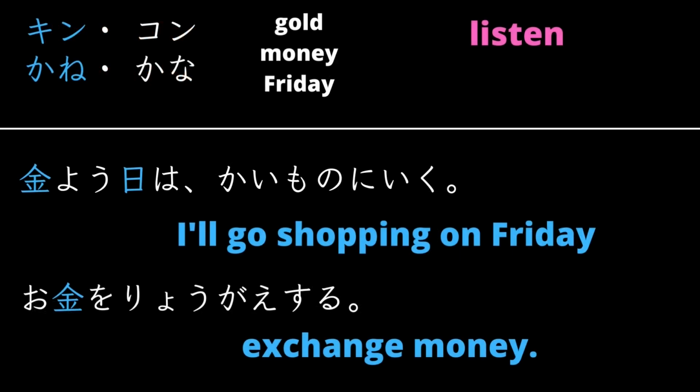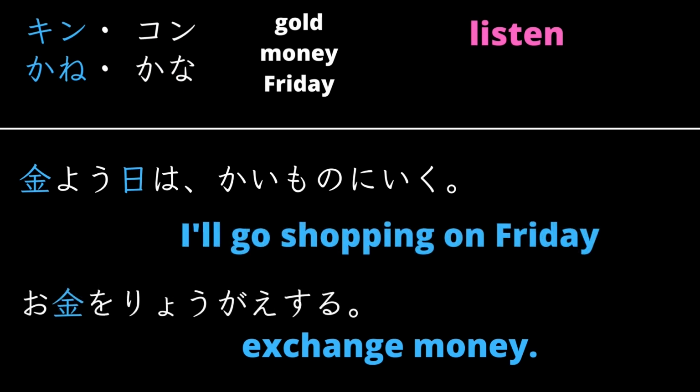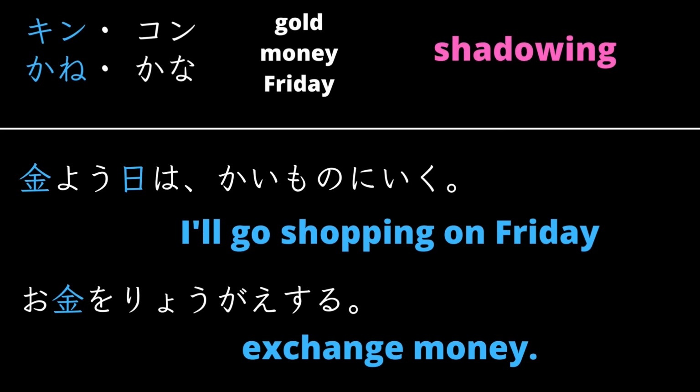Listen. 金曜日は買い物に行く。 I'll go shopping on Friday. お金を両替する。 Exchange money. Shadowing. Repeat as soon as you hear the first sound. 金曜日は買い物に行く。お金を両替する。